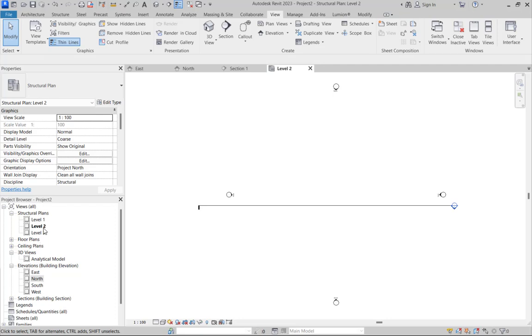Then you can see your level 2 has been added up here as well. So this is how to create levels, and this is how to show your levels in the project browser. So the next thing that we are going to work on is we are going to try and create some